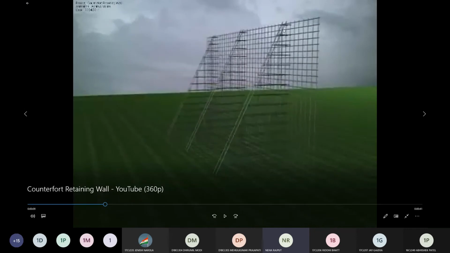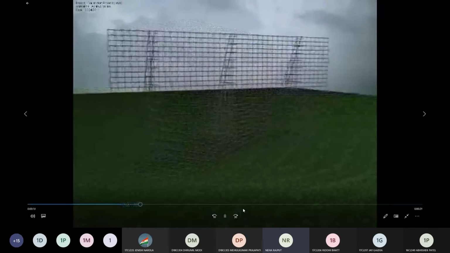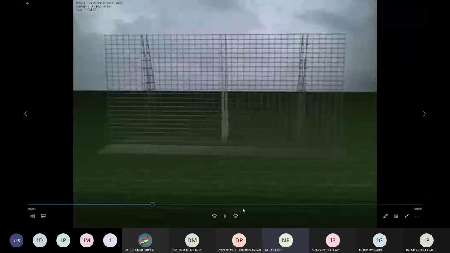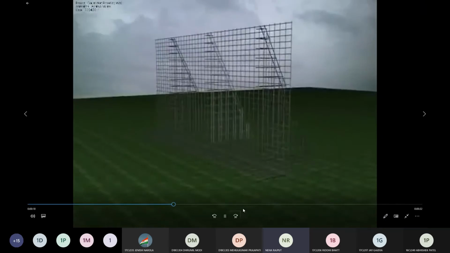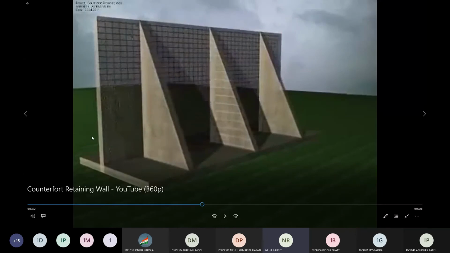ये देखो यहाँ से दिखा है थ्रू आउट द लेंथ. देखो ये बार प्रोवाइड किया है. राइट, ऐसे ऐसे. So this is known as the counterfold member detailing or reinforcement arrangement. Now then after concreting will be done in heel part, toe part and stem part. See this. These are the after concreting, this will look like this. Right, this stem part, heel part, toe part and the counterfold member.